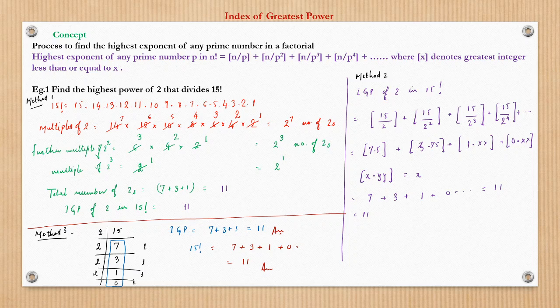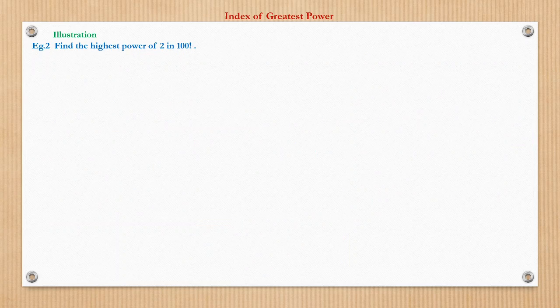So there are different ways. These two ways are actually the same. Rather than writing or dividing in notation, we are doing it mentally. First dividing 15 by 2 getting 7, then dividing 7 further by 2 getting 3, dividing 3 by 2 getting 1, and by dividing I mean the quotient. So this is the way we solve the question based on finding the highest or largest exponent of any prime number in any given factorial. We now look to consolidate these concepts through a few examples.